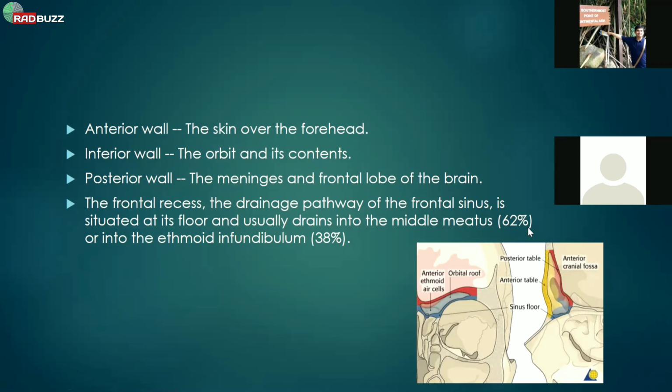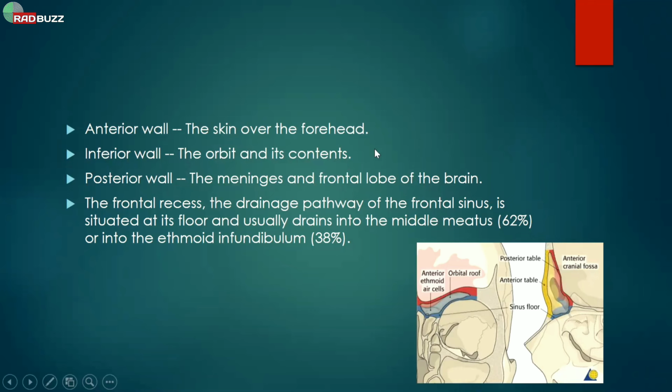Posteriorly, we have meninges and frontal lobe of the brain. Inferiorly, we have orbit and its content. How we can see that? We can see more anteriorly here. These are anterior ethmoid cells in the roof of the orbit formed by the frontal bone, and then